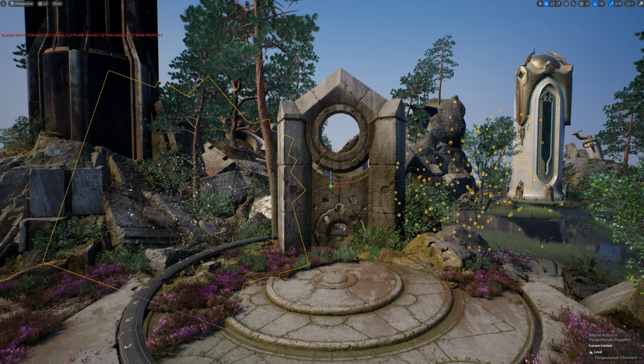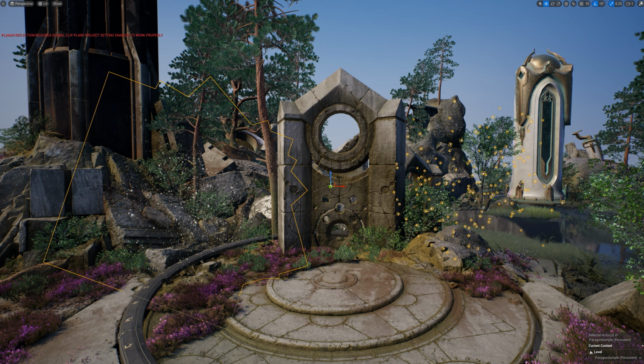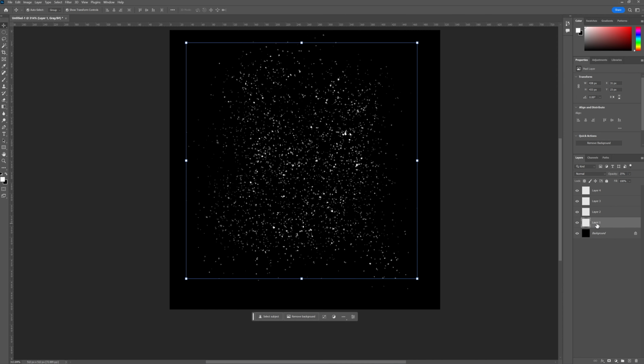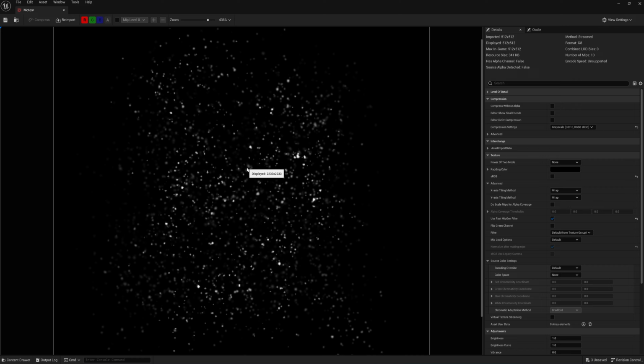Hello everybody, so today I'm going to go over how I set up this mote effect for the environmental effects series. I'm going to go over how the textures are set up and how to put them in a